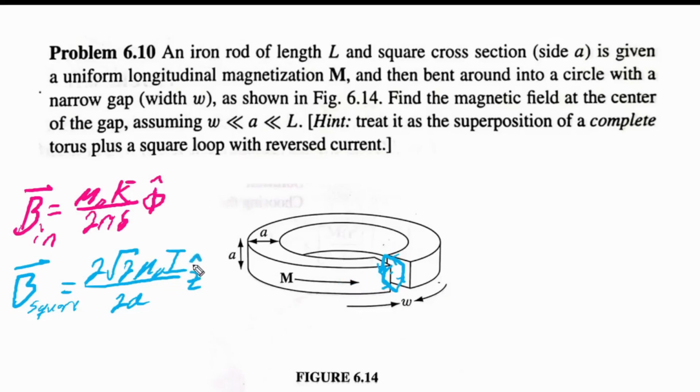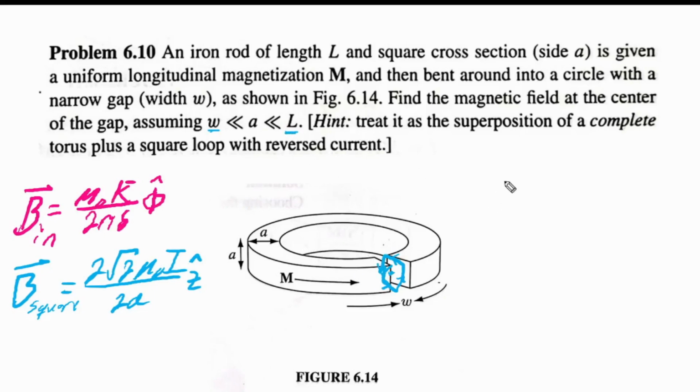So that's going to be the magnetic field at the center of the square loop. And I encourage you to calculate that yourself using all the techniques in previous chapters and sections. But now what we're going to do is just simply combine these two. Now here's a little trick. We have an iron rod of length L here, but we need to figure out where this S position is. But since W is much smaller than A, which is much smaller than L, we can assume